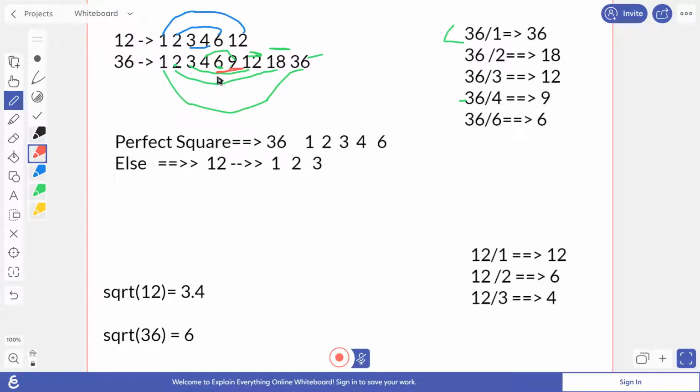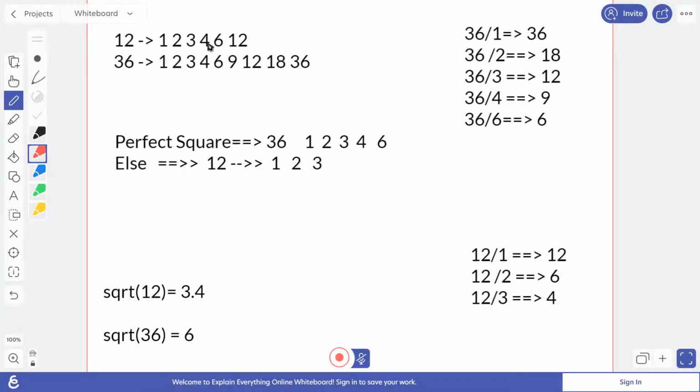And then we are going to divide this 36 by 6, but we are going to get 6, which we don't want to include, because we don't want to repeat that number. We want to print the numbers in increasing order. But here is a small catch, or you can say the boundary case. So let me just remove it.